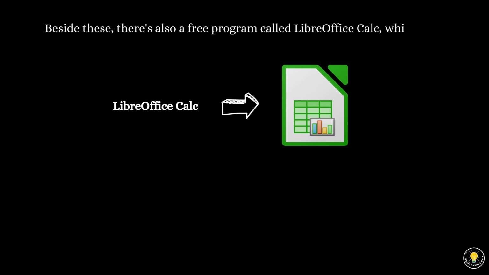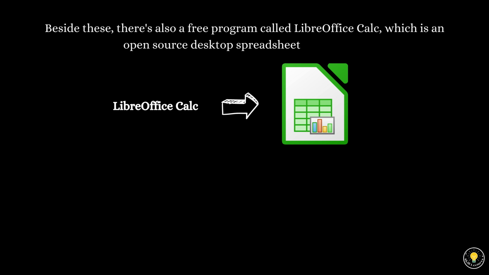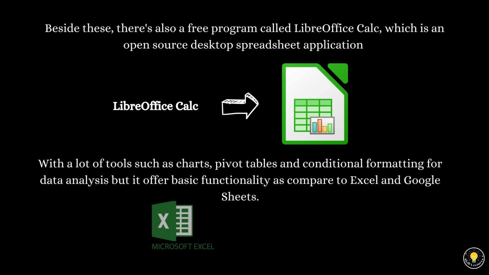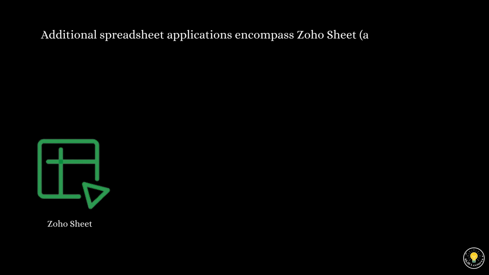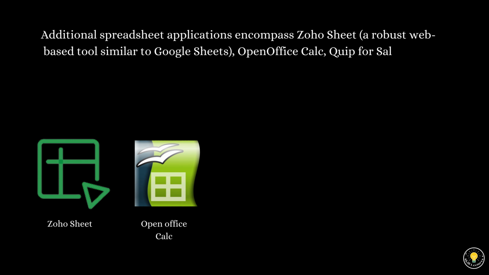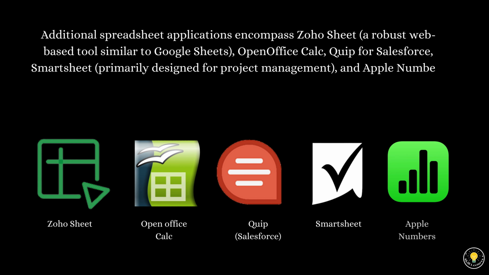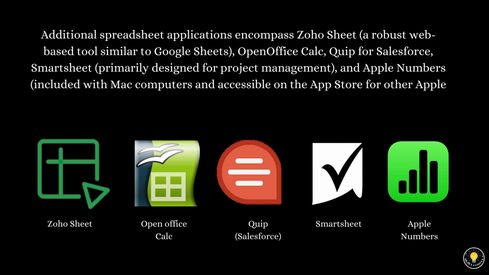Besides these, there is also a free program called LibreOffice Calc, which is an open source desktop spreadsheet application with a lot of tools such as charts, pivot tables, and conditional formatting for data analysis, but it offers basic functionality as compared to Excel and Google Sheets. Additional spreadsheet applications encompass Zoho Sheet, a robust web-based tool similar to Google Sheets, OpenOffice Calc, Quip for Salesforce, Smartsheet, primarily designed for project management, and Apple Numbers, included with Mac computers and accessible on the App Store for other Apple